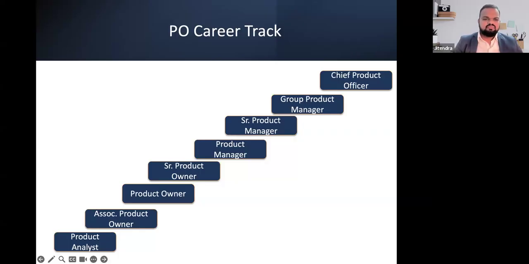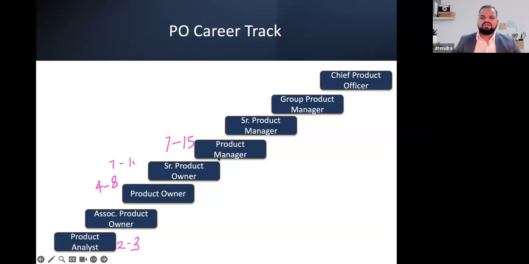I said earlier, product analyst is kind of an entry-level job. So how much experience will the product analyst have? Maybe around 2 to 3 years, not more than that. For the product owner, it is about 4 to 8 years, again depending on the company. Then 7 to 10 years and 10 plus. In fact, some companies offer product manager roles at 7 to 12 or 15 years of experience. Then after 15 plus, product manager.